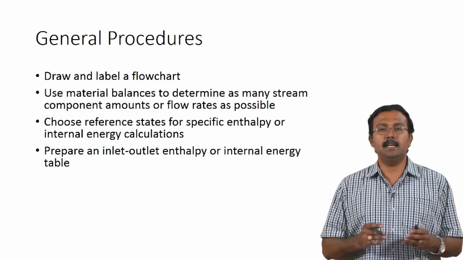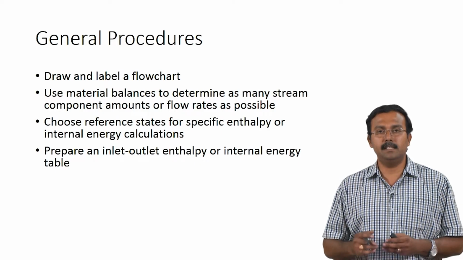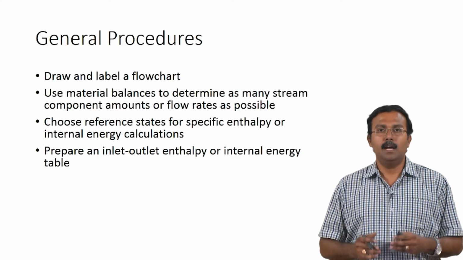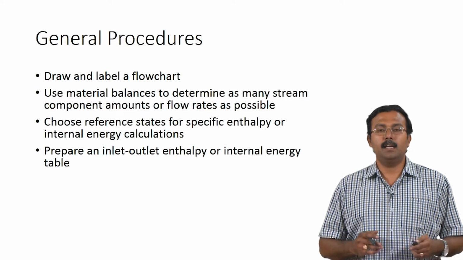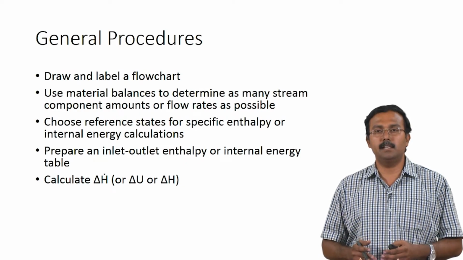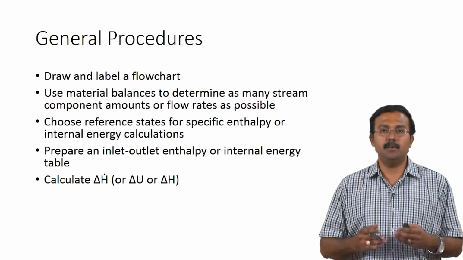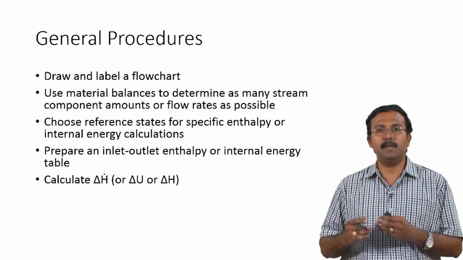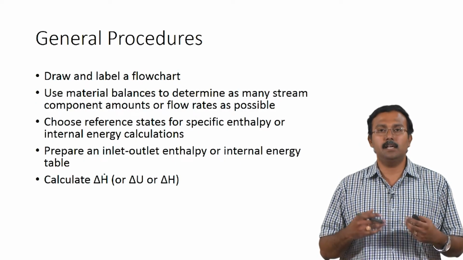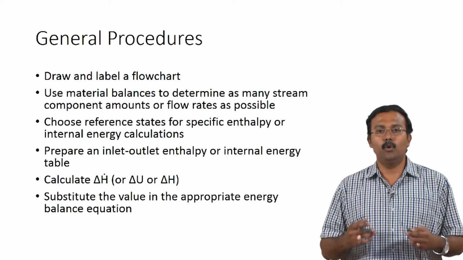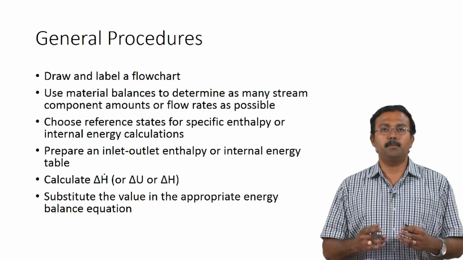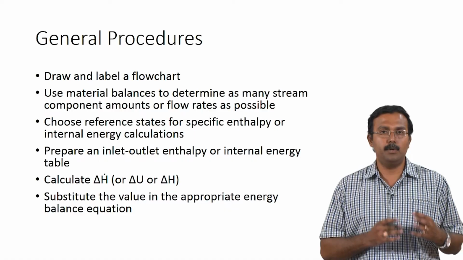Then we will prepare the inlet and outlet enthalpy table or the internal energy table, where we will try to identify which terms will go to 0 and which would be non-zero terms, and then we will be calculating the total change in specific enthalpy or the total change in specific internal energy, and finally convert them into change in total enthalpy and total internal energy, and these values will be used in the general energy balance equation for the open or closed system to perform the energy balance to get the parameters which we are looking for. So, the procedure itself is quite similar to whatever we have been doing till now, only